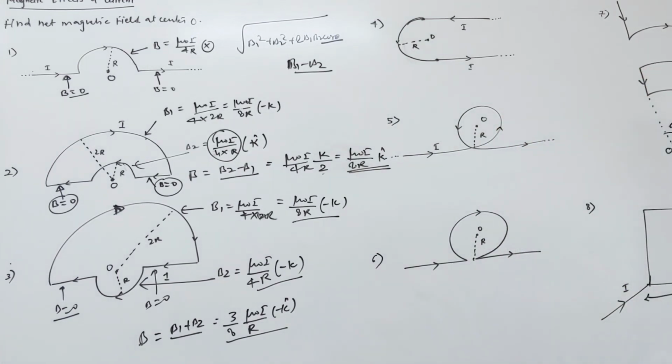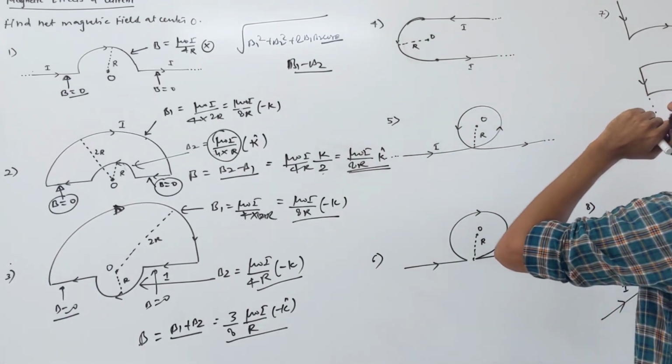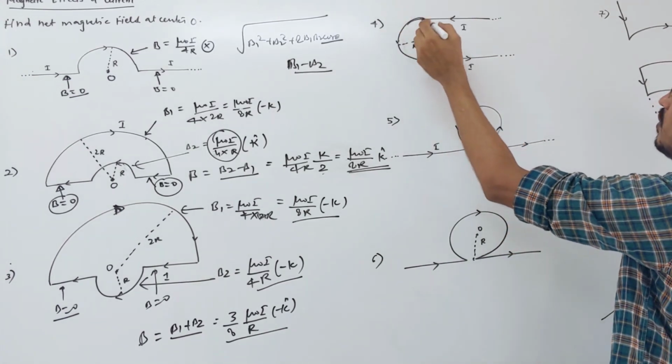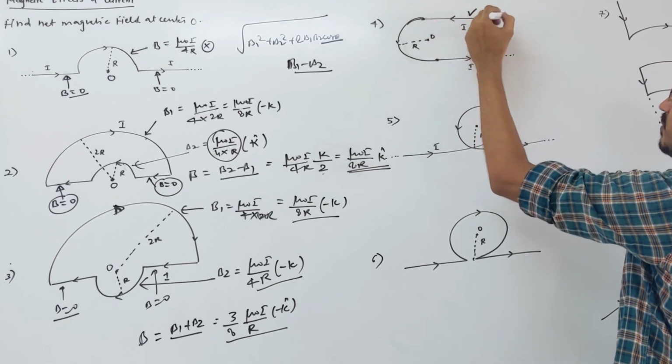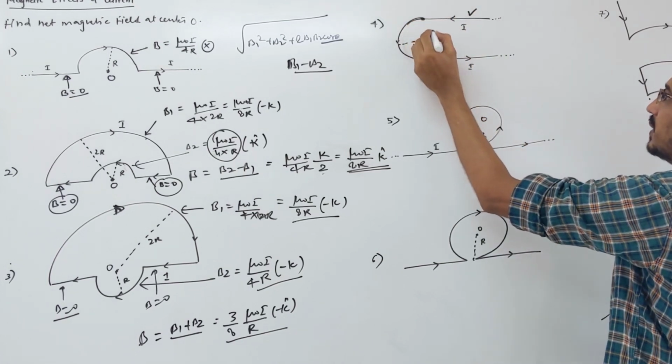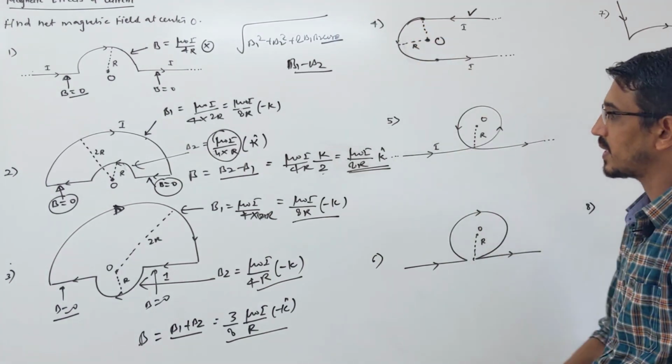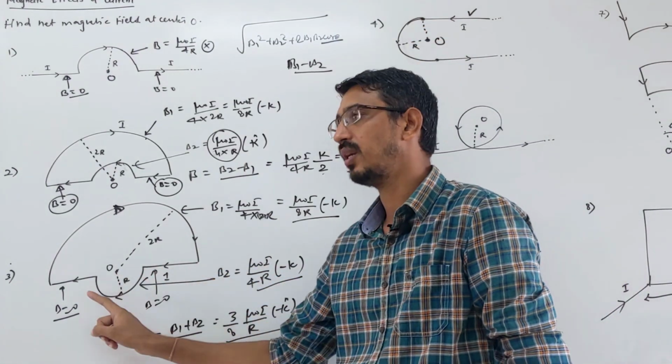See the next question. So you see two straight wires and a semicircular loop. What is the magnetic field due to this straight wire? It's an infinitely long wire and you want to find the field at this point. This is O. So this wire is what? Look, last time you said these points are coming along the length of the wire.